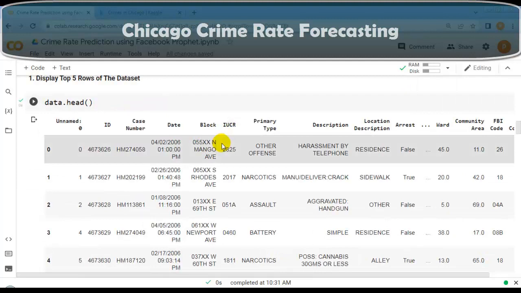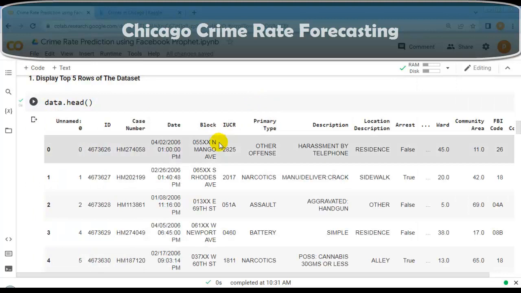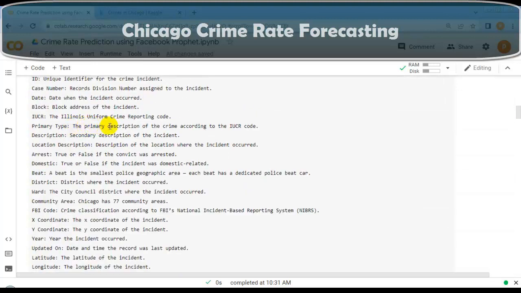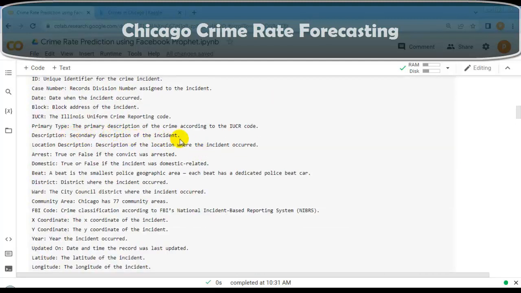Next, IUCR, the Illinois Uniform Crime Reporting Code. Next one is primary type, the primary description of the crime according to the IUCR. Next one is description, the secondary description of the incident.